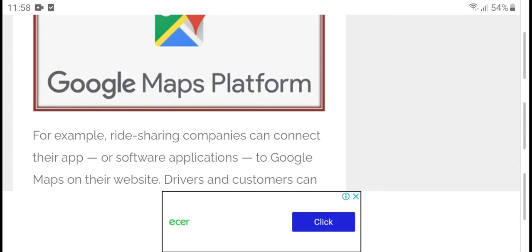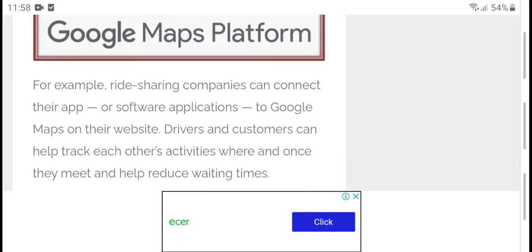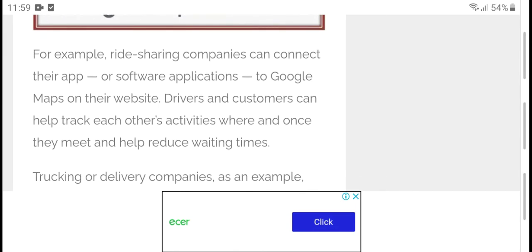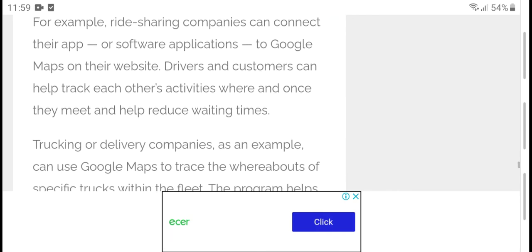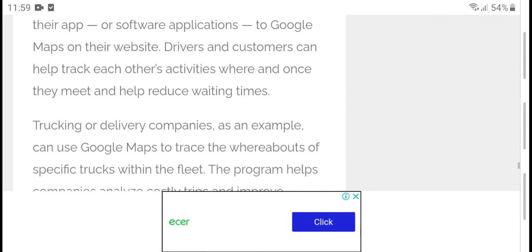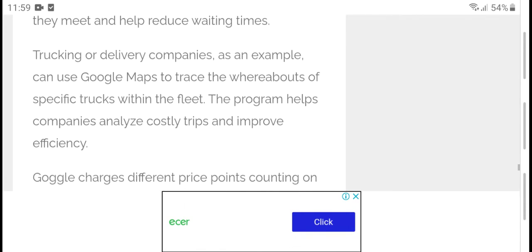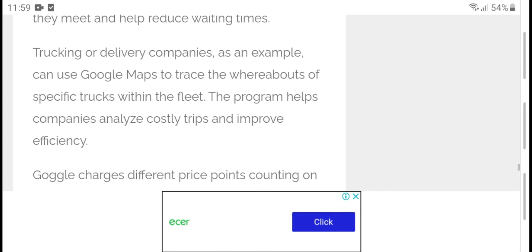With the Google Maps platform, for example, ride sharing companies can connect their apps or software applications to Google's Maps and website while they travel and track trips. These help detect ratings, time tracking, and drive complaints, and are used in maps to trace workouts.